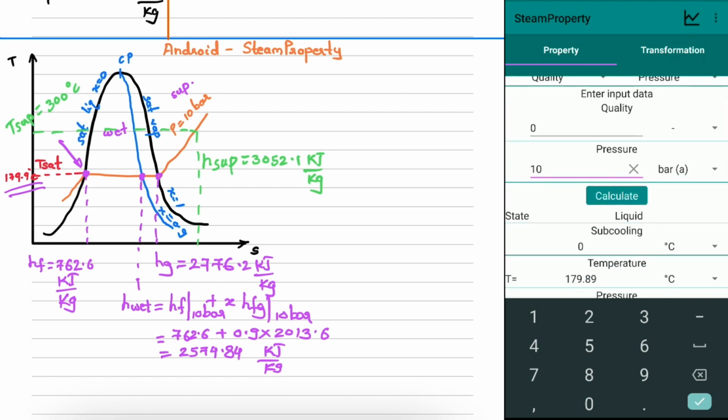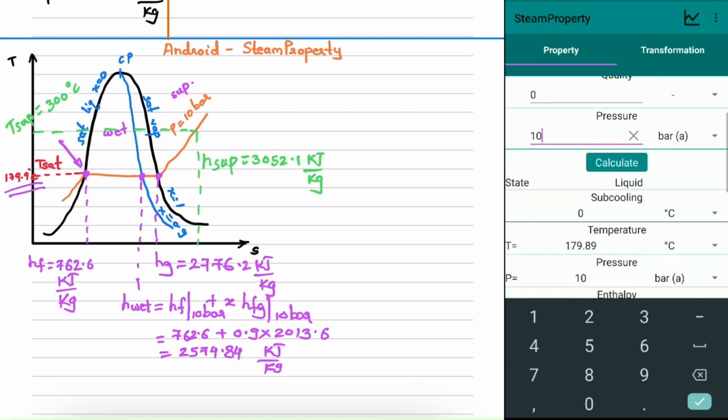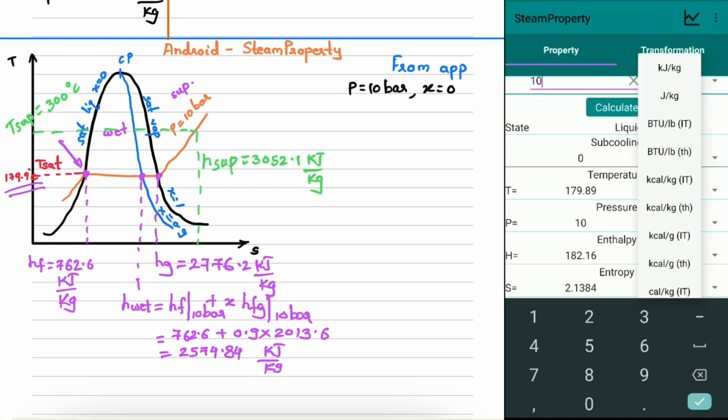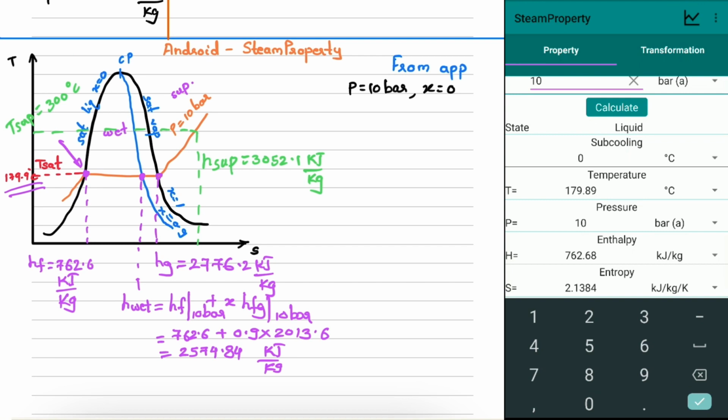So for 10 bar pressure and quality 0, here you can see, so we'll write down the data. So from the app, when pressure is equal to 10 bar and X is equal to 0, we get enthalpy as, change the unit of enthalpy to kilojoule per kg.